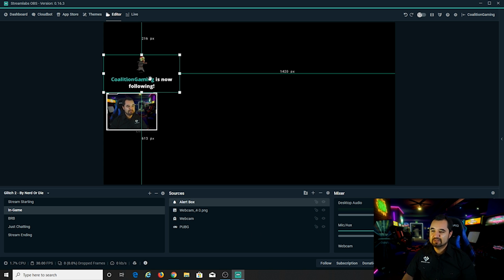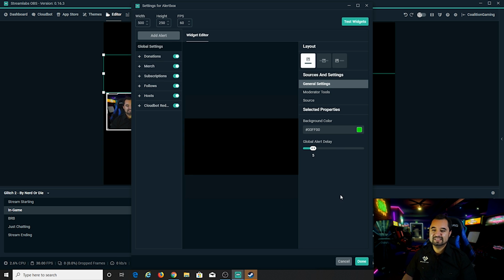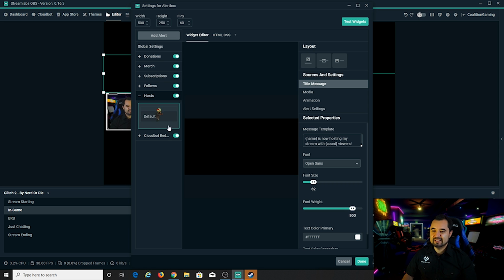Now, I have an alert box here. I have it highlighted. You can double click it and go into the properties and sort of resize it here, change the font size. Now, from what I saw originally, these start with a rather large font size setup. So where you can click here on the left side, you can enable or disable the alerts. I'm going to click Hosts, and this is where you can come to change things as well. It's on the default alert right now, which is plenty for just getting started. If you wanted to customize it, you can do it all here.